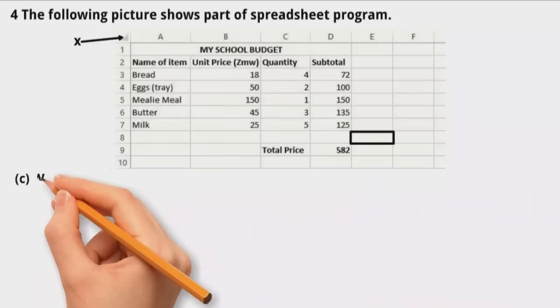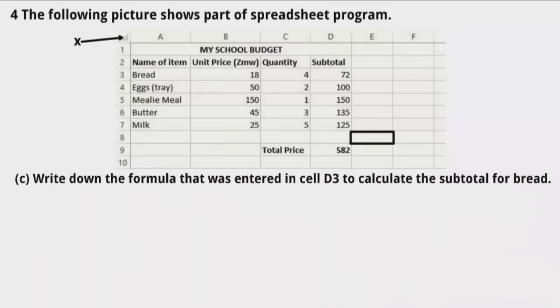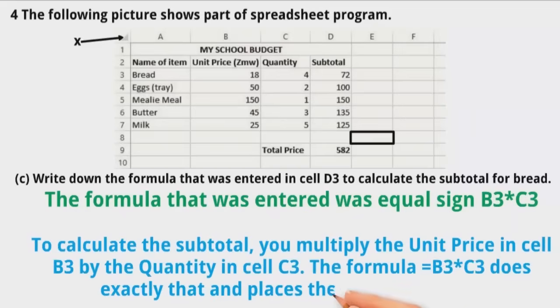Now let's go to question 4C. Write down the formula that was entered in cell D3 to calculate the subtotal for bread. The formula that was entered was